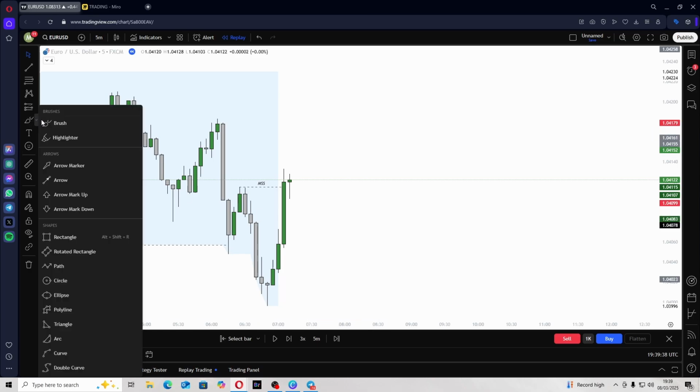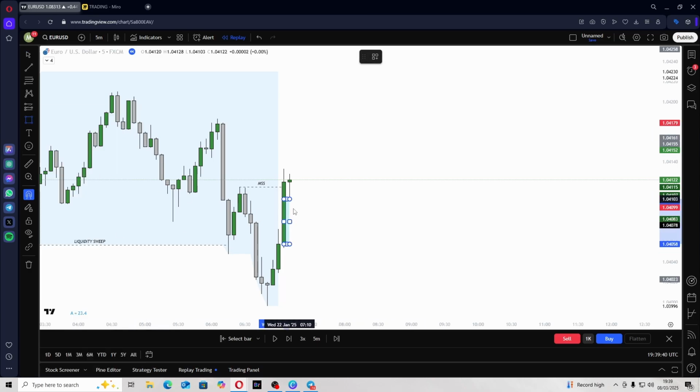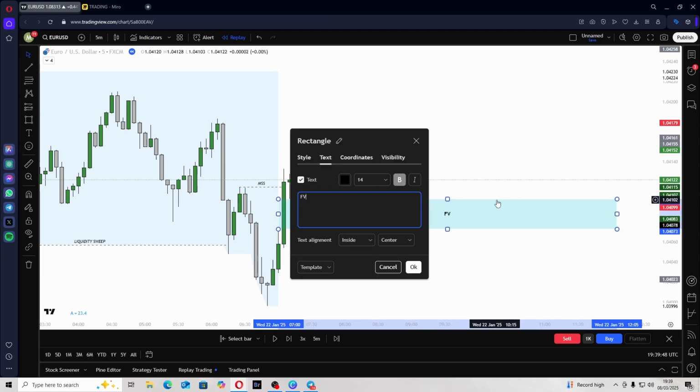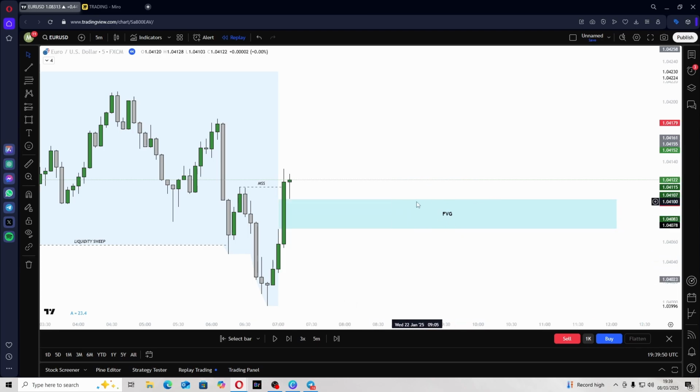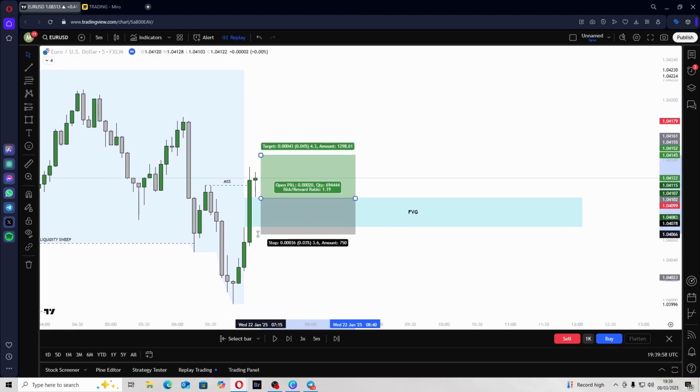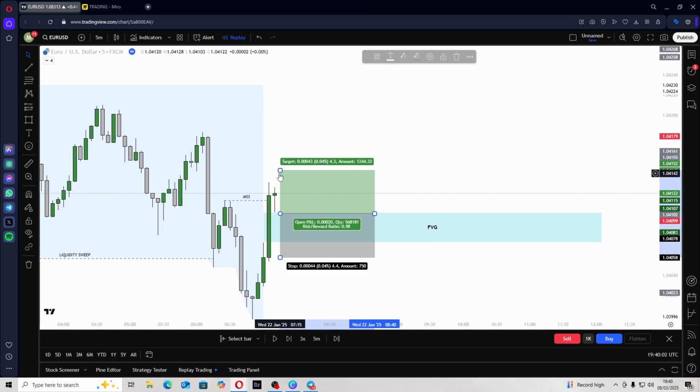But anyway, let me just mark out the highs. Let me just mark out the fair value gap right here. So it's going to be this inefficiency gap right there. And let me just write out, that's the fair value gap. Once we actually mark this out, now all we need to do from here on out is very simple, right? So we need to just place our buy limit, which is our long position right there, and place in our stop loss just at this line of the FVG, and place in our take profit as a 1-to-3 risk reward